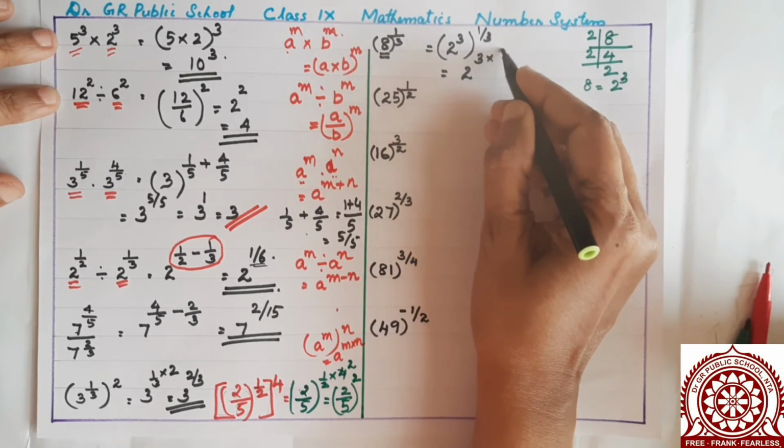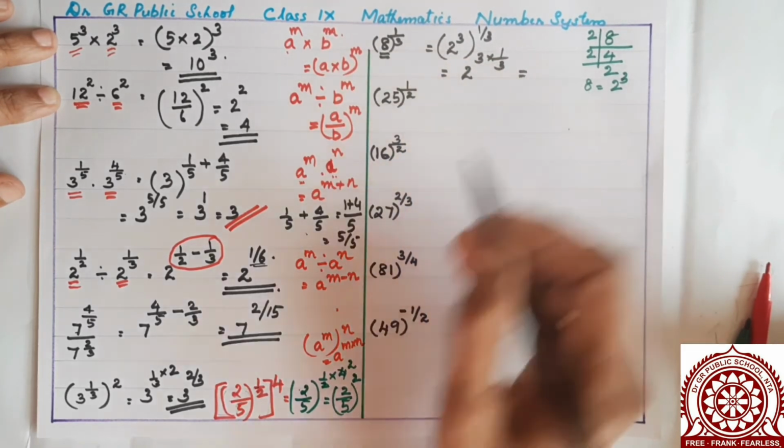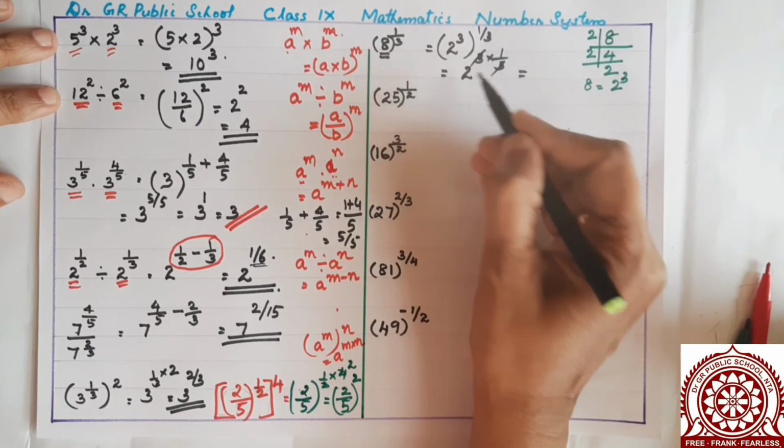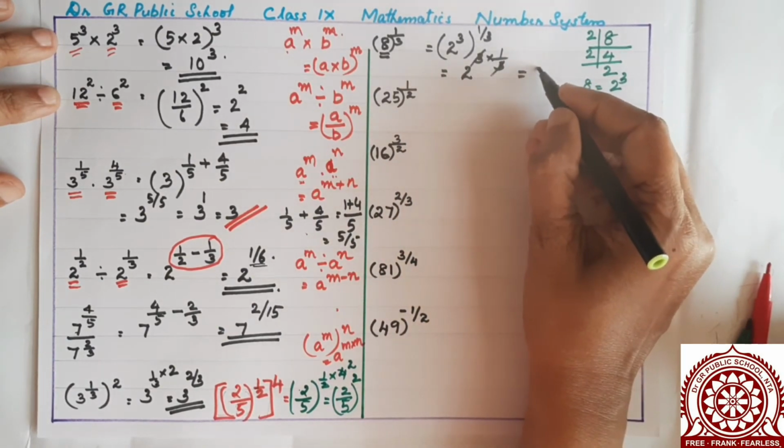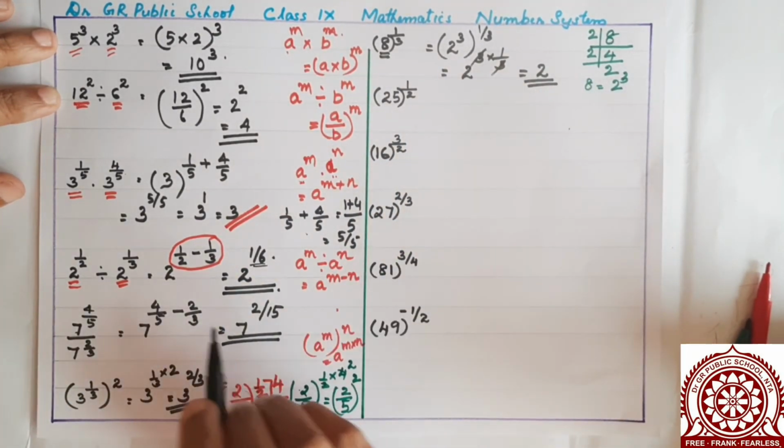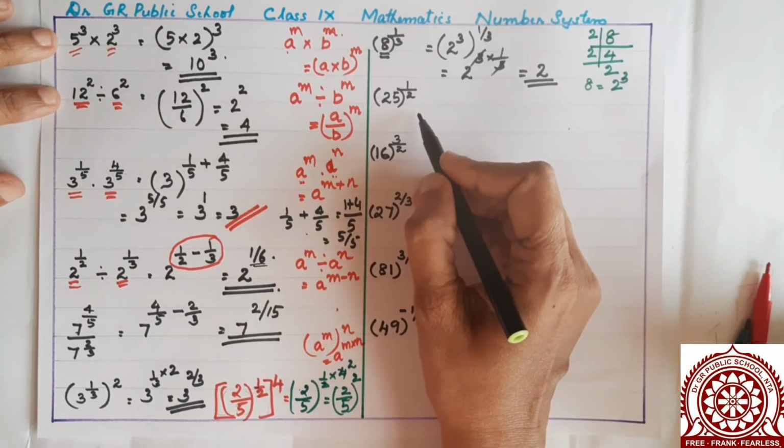3 into 1 by 3. What is it? 3, 3 you can cancel. 2 raised to 1 is 2. Okay. Now, next is